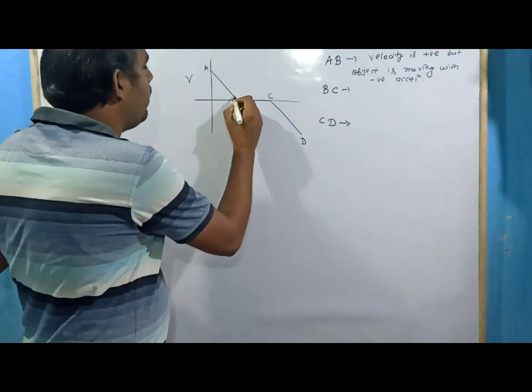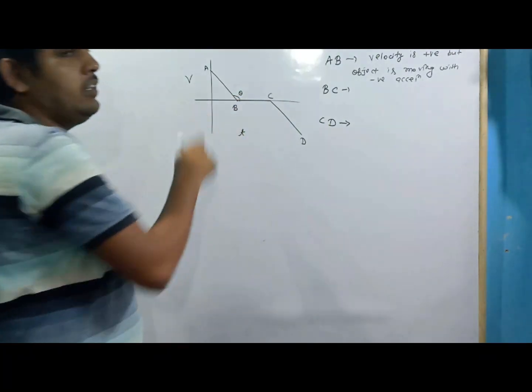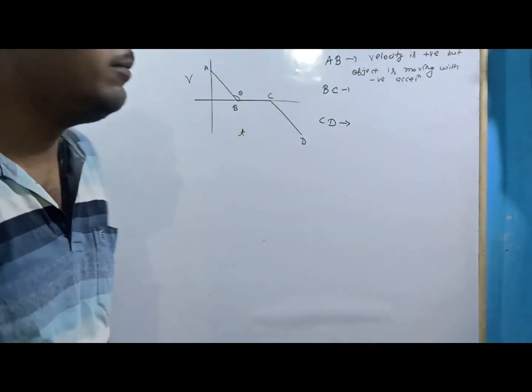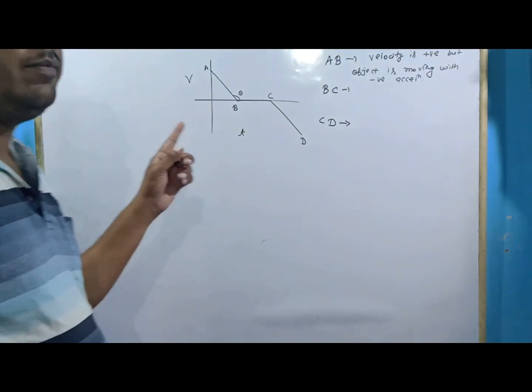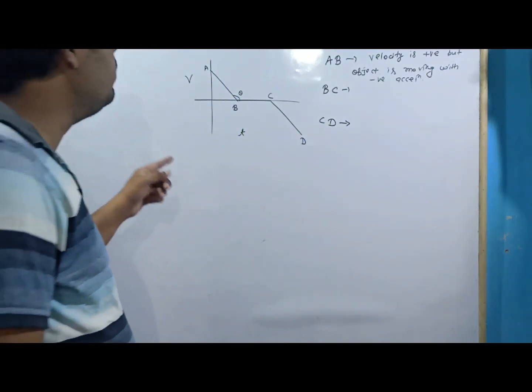Why is it negative? Because the slope is greater than 90 degrees, so that is why the acceleration becomes negative over here. Now in the time interval of B to C,